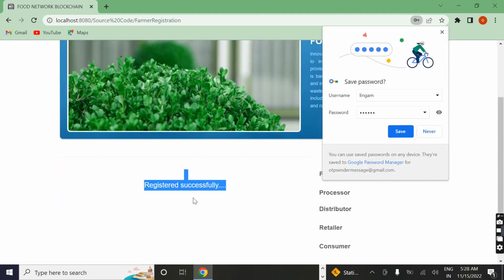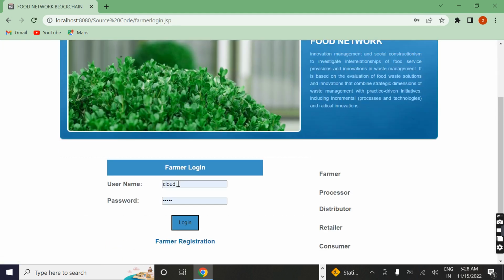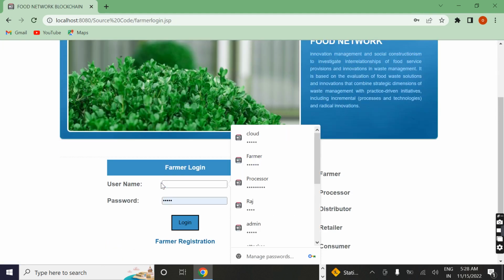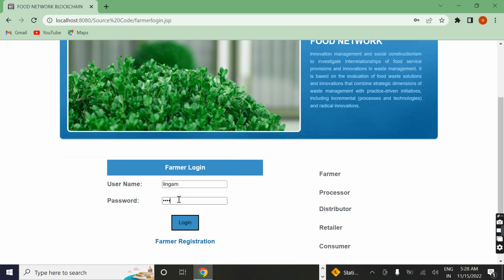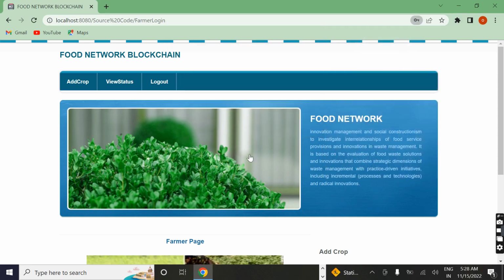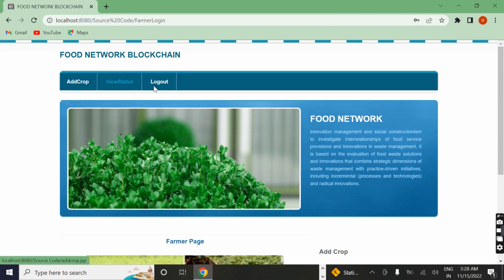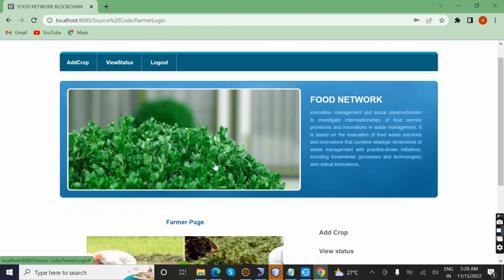So this registration was successful. After that we log in. Here I choose the login page and enter the name and password. After I log in, the page will be displayed. Here we have 3 options. First of all, the farmer can add the product, view it, and finally log out. Here the farmer Lingam will add the crops. Clicking on crops,